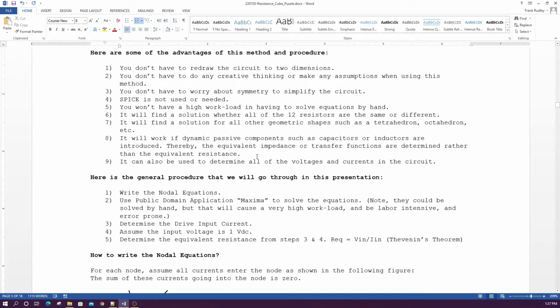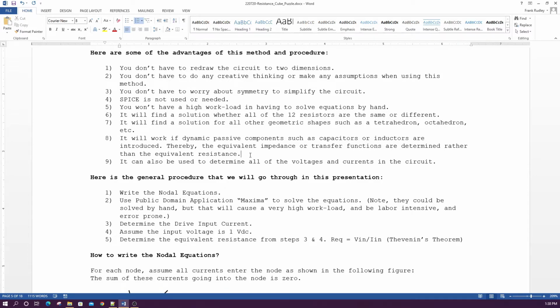Likewise, it doesn't matter. They could be all the same capacitor values, or different. You could have a mixture of capacitors, resistors, inductors, of all different values of the 12 components you could use to make the cube. So this method will work. Doesn't matter if it's a resistor, capacitor, inductor. You might be able to do it with some active components also,